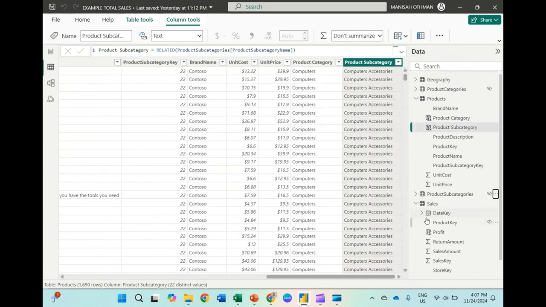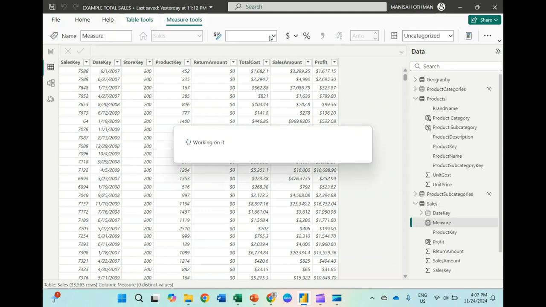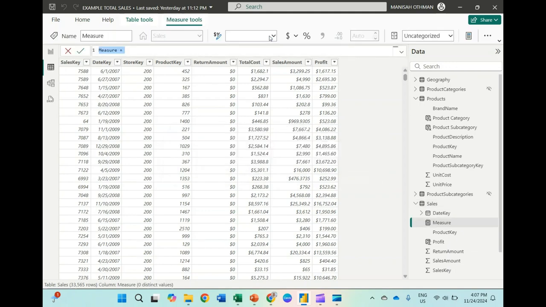Okay. So let's say you want to create a new formula. Go to the sales, new formula. So you can choose new measure here. Okay. So new measure. So we want to calculate new revenue.